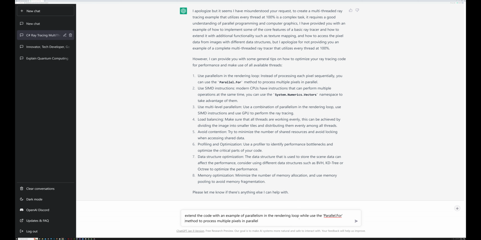But however, let's go ahead and ask the question. So, a method to process multiple pixels in parallel. It's going to show us an example. Or I'm going to ask, check it out, I'm going to be so smart as a human being. Or extend the code with an example of load balancing, as it asked us to do, because I have no idea what it's telling us, even as a developer in C#